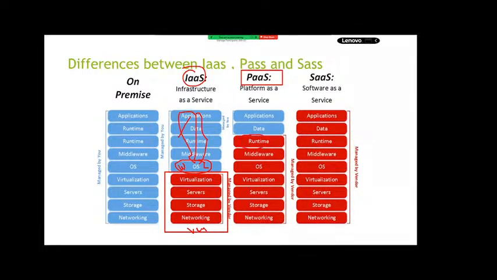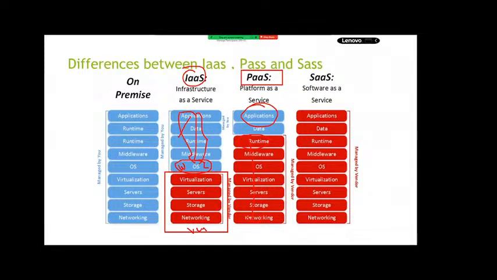Next, platform as a service. In the sense I said, right? Runtime and the platform they have provided. Just you have to take care of your application. You least bother about what type of application you are going to host. If we have Java, yes, a ready-made Java environment is there. If you would like to host PHP, Python, Ruby, .NET, any type of application, yes, there is a ready-made environment. Go ahead and deploy it. Deployment is not a big challenge. Just drag and drop the files, like how we drag and drop files from local to OneDrive or Google Drive. There are different ways to host the application. I will show you how to do that.